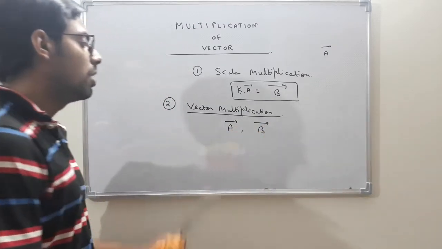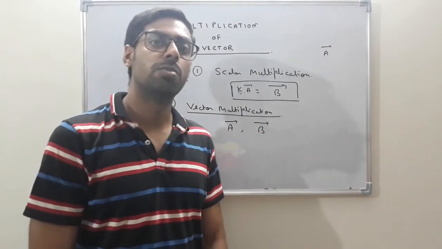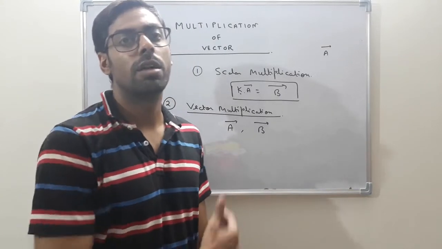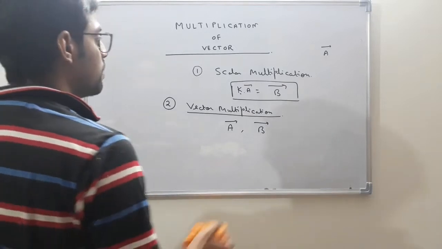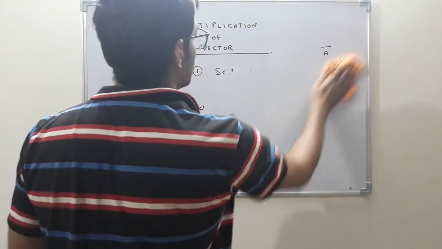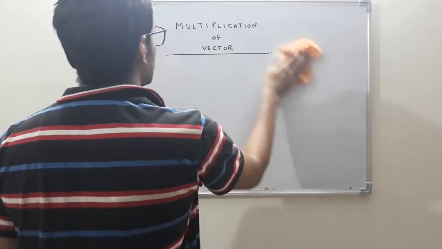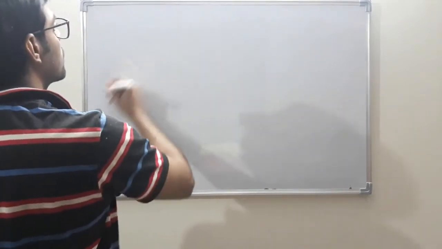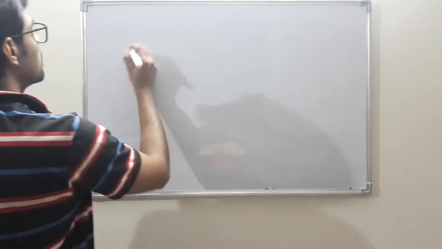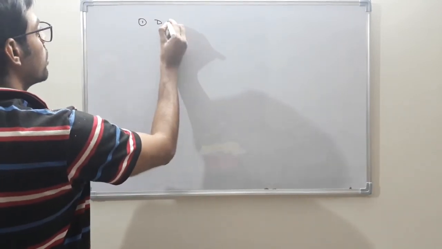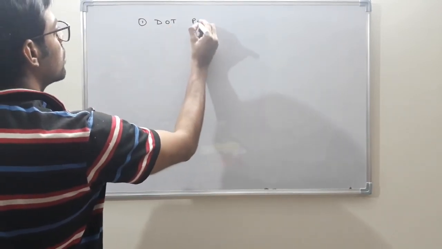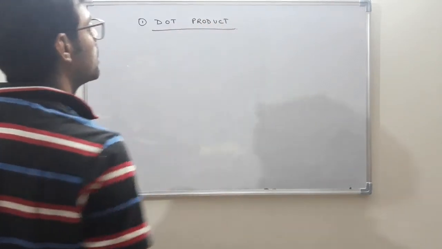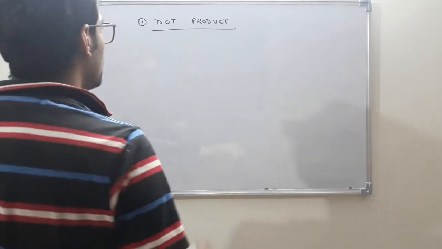Then what will be the cases of the multiplication of these two vectors? How many cases are possible regarding this multiplication? We will now discuss this thing. For vector multiplication, there are two types. One is the dot product. Dot product means,